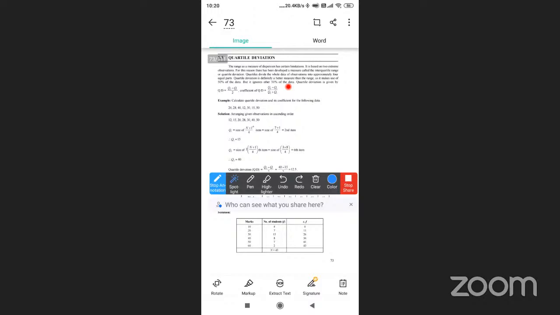Quartile deviation is definitely a better measure than the range, as it makes use of